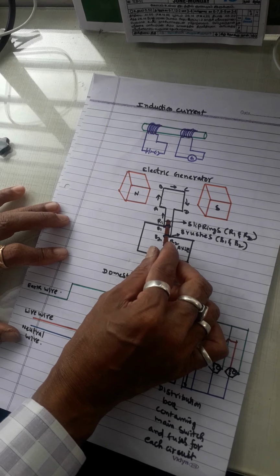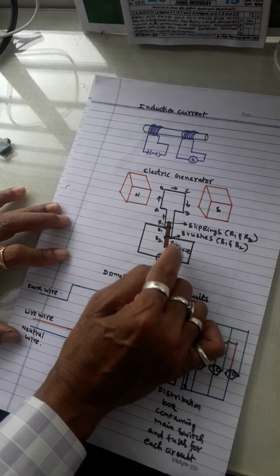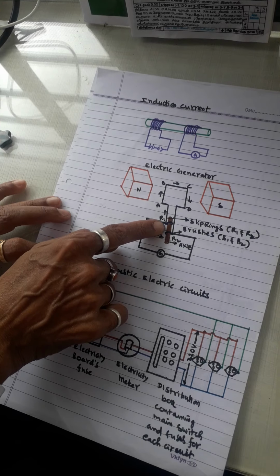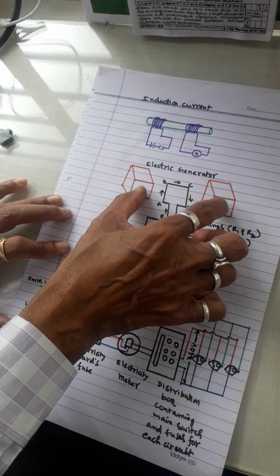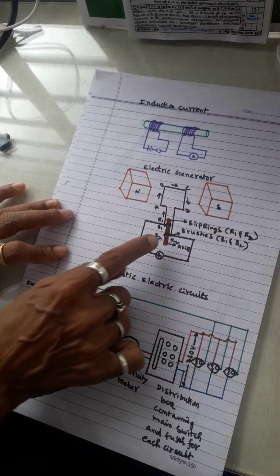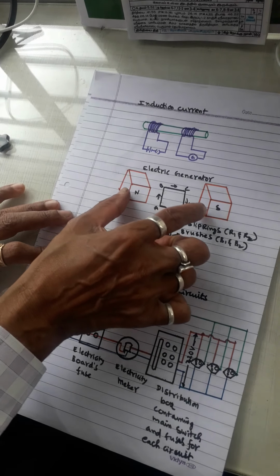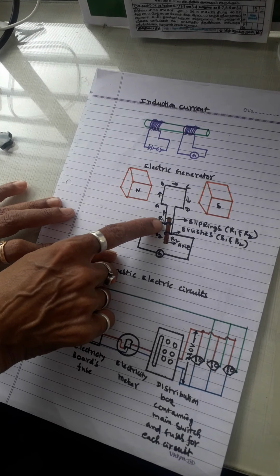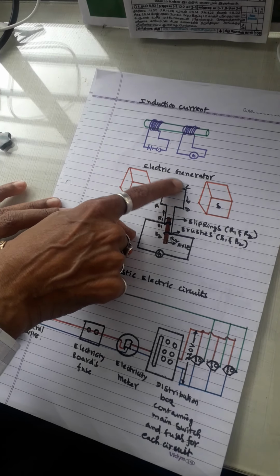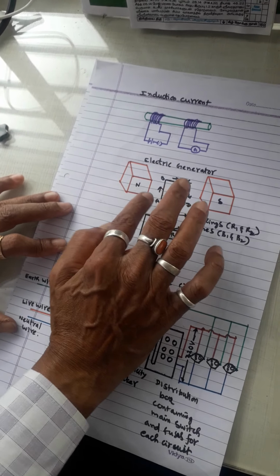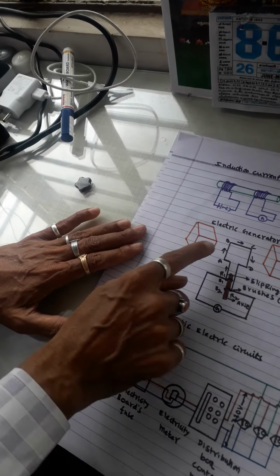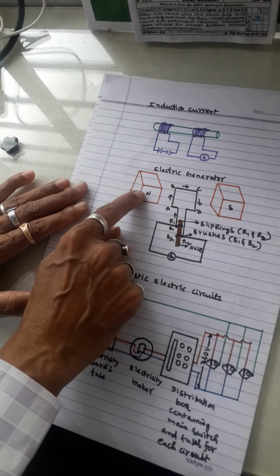So now what you have to do is, you start to rotate that axle in a clockwise direction. As you started rotating, now what will happen? The current starts to flow, because in between that magnetic field, according to Fleming's right hand rule, we are producing magnetic force perpendicularly between the magnetic field, then current will be produced in another perpendicular direction. So that starts to flow from A, B, C, D. Now as it rotates another half of the rotation, that means the coil starts to rotate from this to here, another half is completed. After completing, AB will go to that side, CD will come to this side.